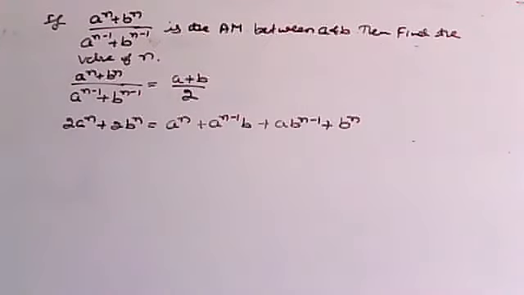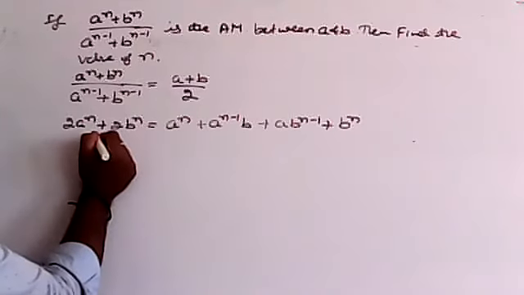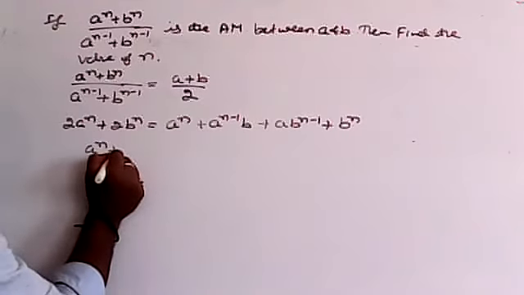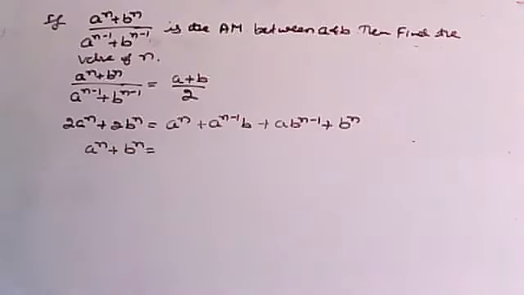Correct. Just calculate that one, what do I get then? a^n, when I take this on this side, minus, no, so a^n remaining, and 2b^n, this one taken on this side, remaining is b^n. Correct. So how do we solve this one?